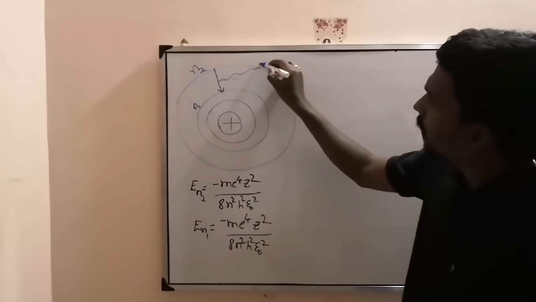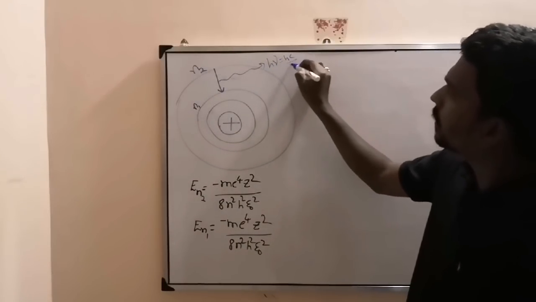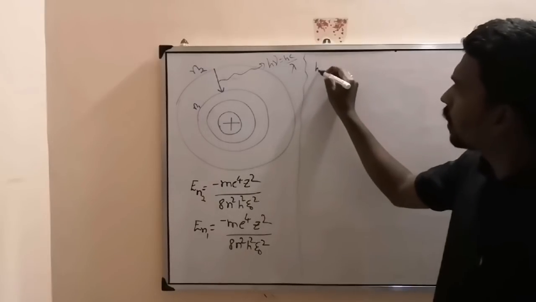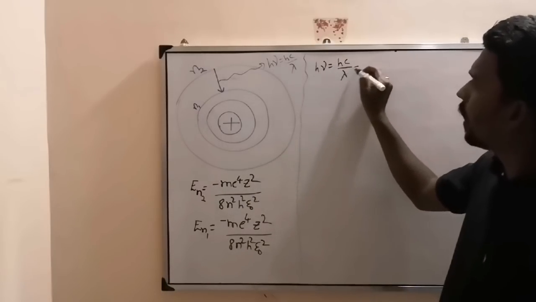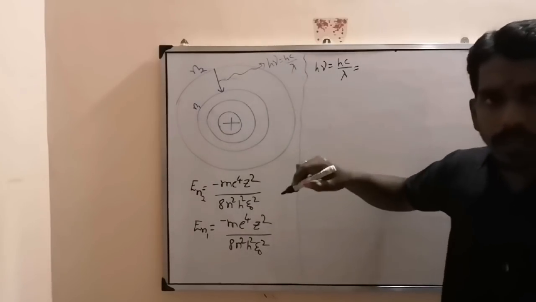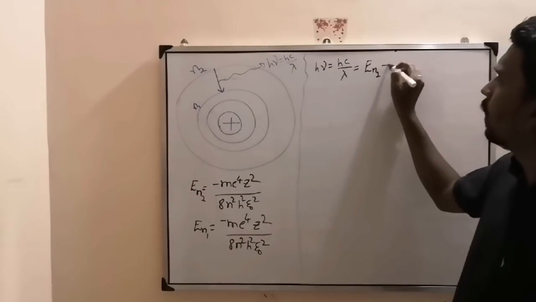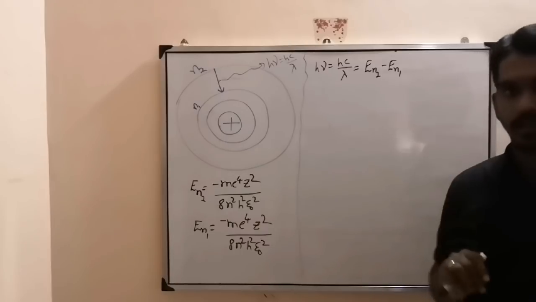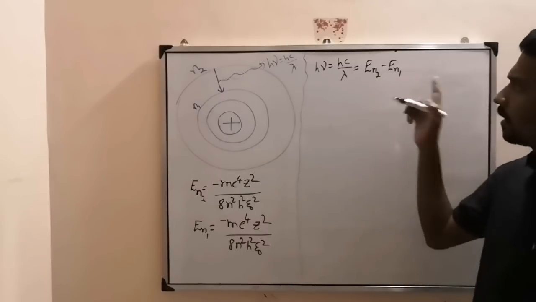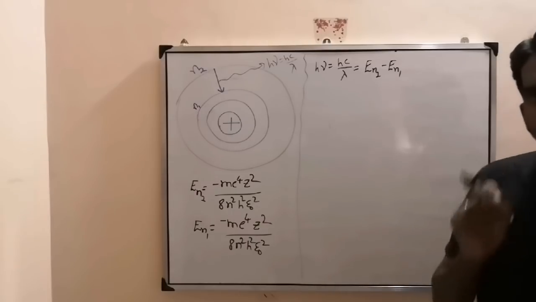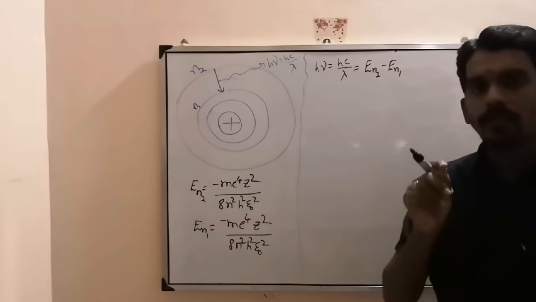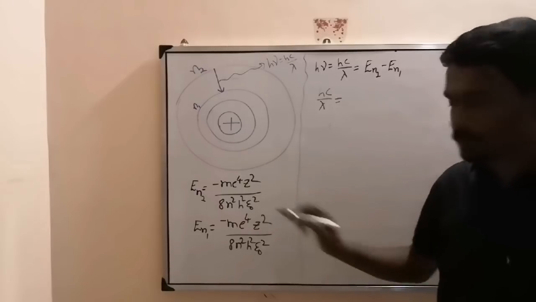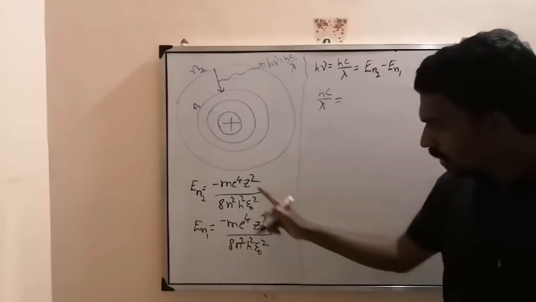Then some photon energy h nu or hc by lambda is emitted from the atom. So what is the energy of the photon? h nu or hc by lambda equal to the energy difference, higher energy level minus lower energy level. This is what Bohr gave in his third postulate. So according to the third postulate, I have written the equation. Then you will get questions based on calculating wavelength, where En2, En1 values are substituted. If you take these two, what is common here?